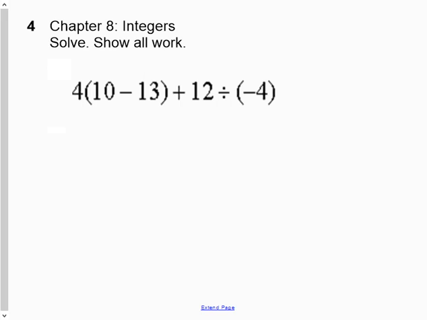Question 4 gives us an integer question, and in this integer question we actually have a multiplication here. We have brackets where we have a subtraction in brackets. We have an addition, and we have a division. So we really have 4 things that we have to take care of. So the first thing, according to BEDMAS,